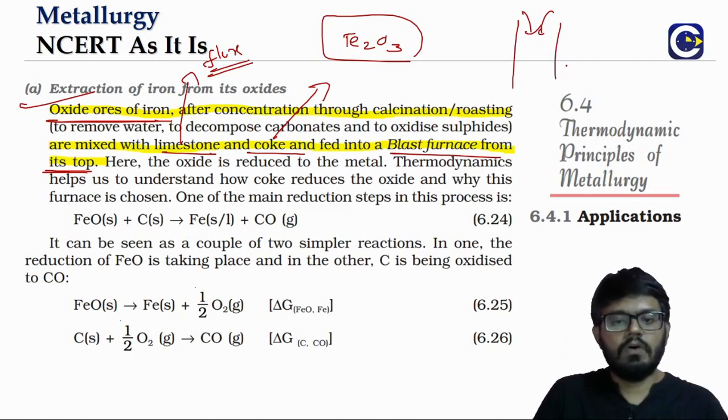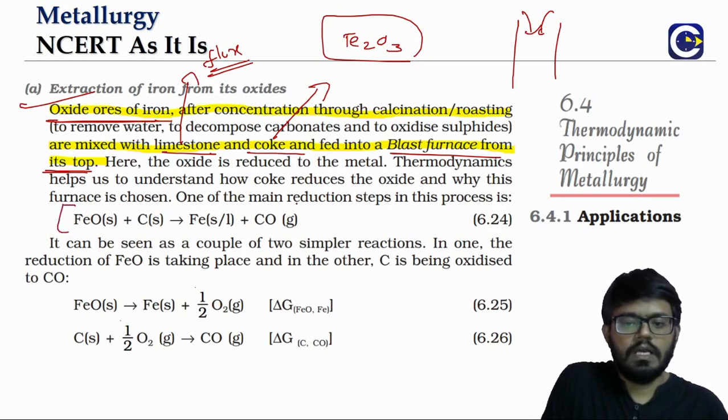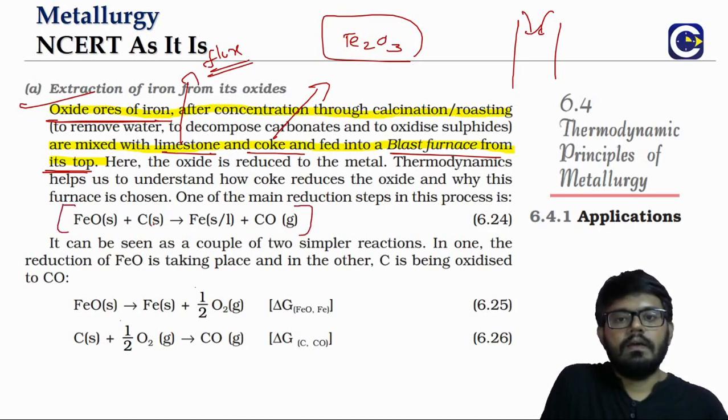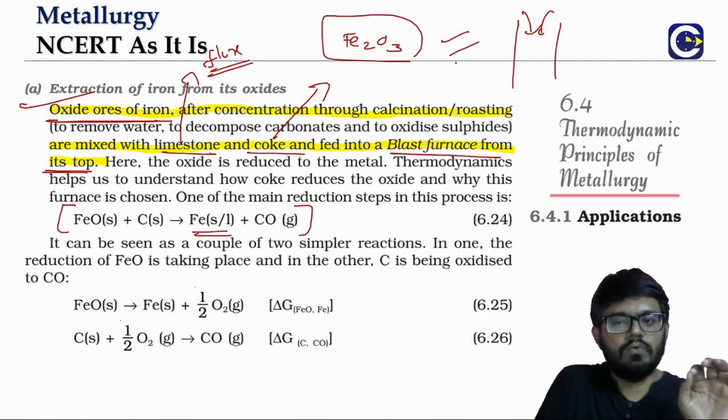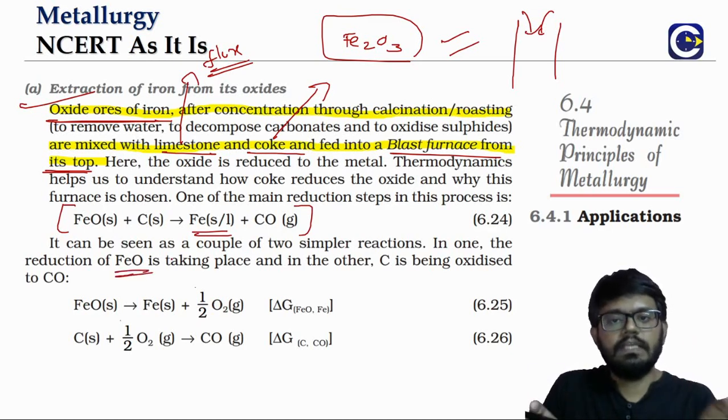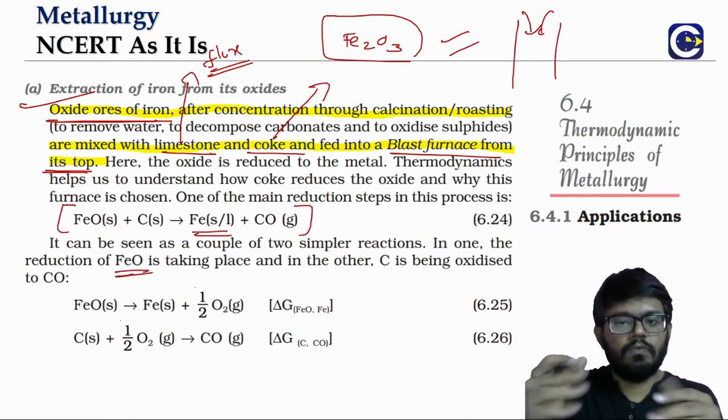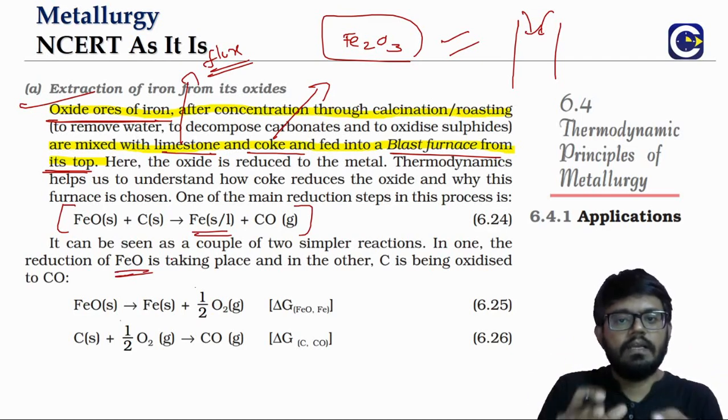If you look at the overall reaction, iron oxide gets reduced to iron. Now the point we need to note is, while we say that we are going to use Fe2O3, in our Ellingham diagram they have not given us the Fe2O3 curve. They have only given us the FeO curve. That is the reason why in some of the reactions we analyze, you may see that they are using FeO. In the Ellingham diagram, we can only analyze by using FeO because that is the only curve given.